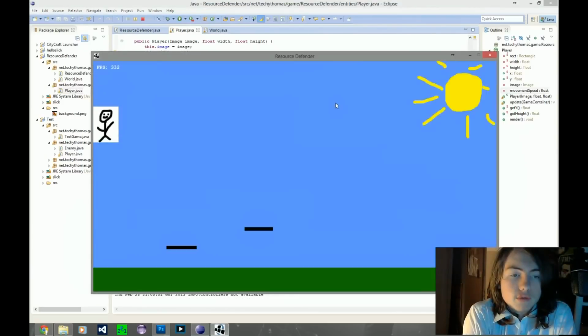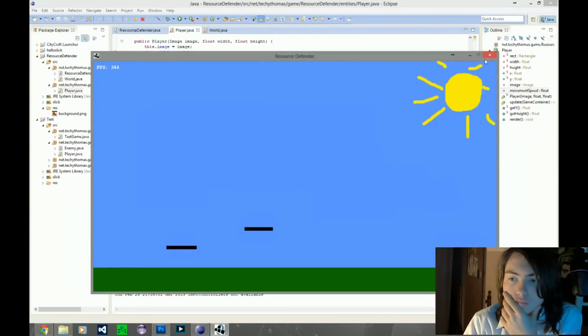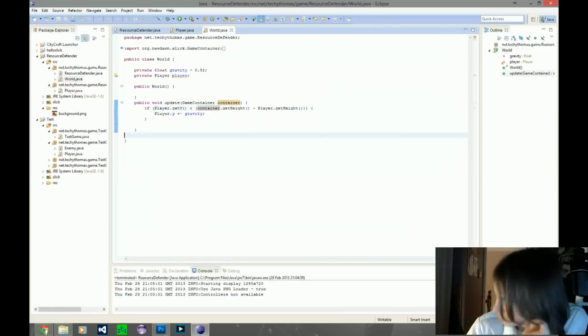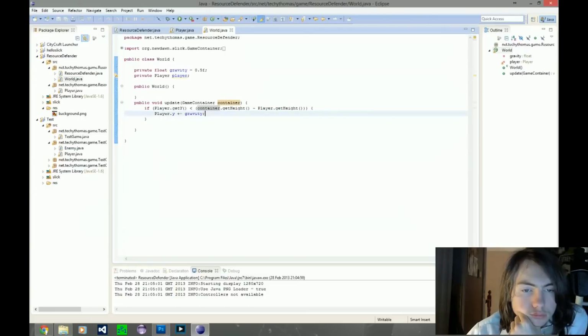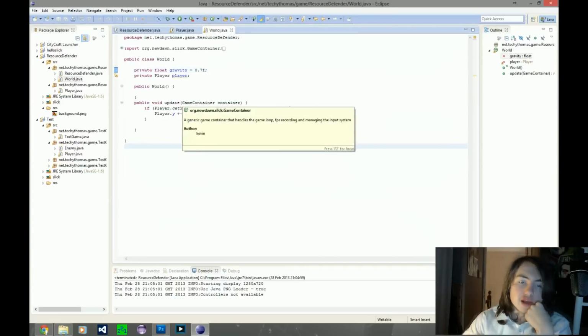I'll add another player in a minute, see if it does it for all players. So we'll just do that. That should work. Slightly faster. Why is that not working? If player.getY